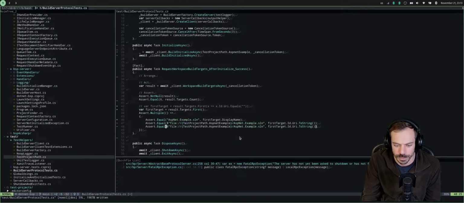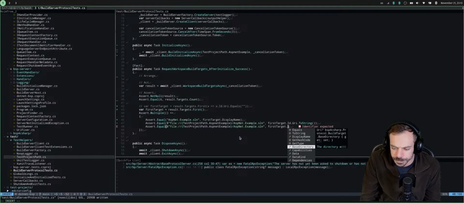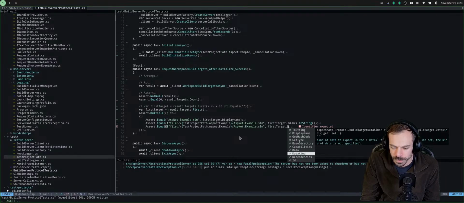Do we have else there? Blah. Base directory. Data kind dependencies.